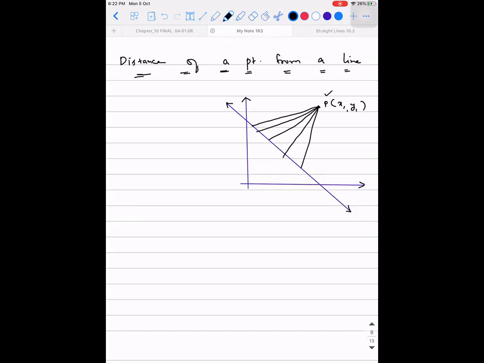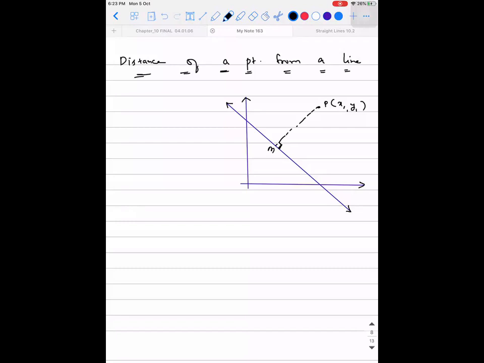Then what exactly do they mean by distance from a point to a line? They never said distances. They said distance of a point from a line. What is the meaning of this? Out of the infinite distances that you're considering from the point to the line, which will be the shortest distance, guys? The one which is perpendicular. If you take the perpendicular distance, then this will be the shortest distance. And when they by default say distance from a point to a line, they're indirectly speaking about the perpendicular distance. Okay. So this is going to be the distance, guys.